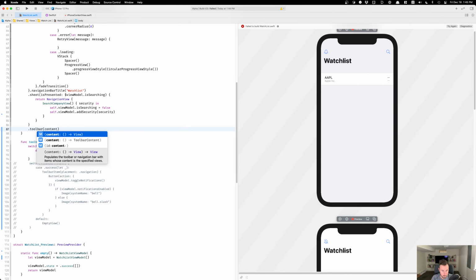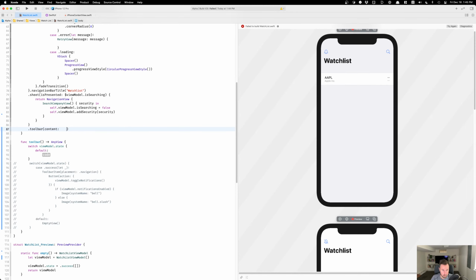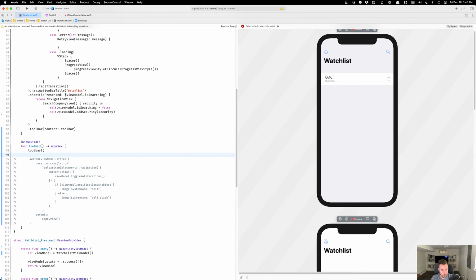Content. Toolbar. This can be a view builder. Now, can I